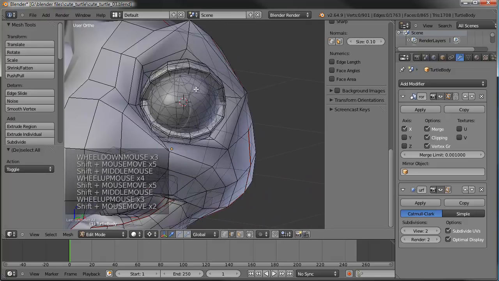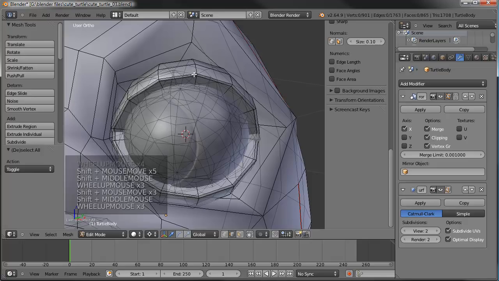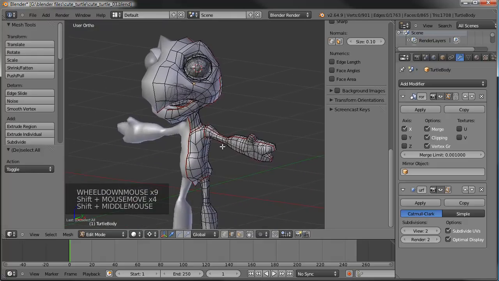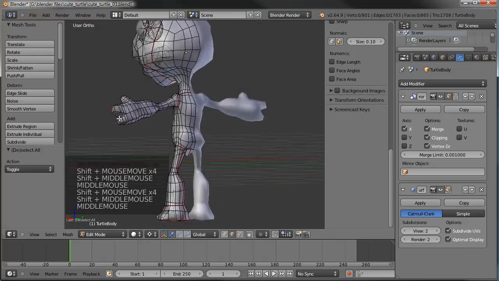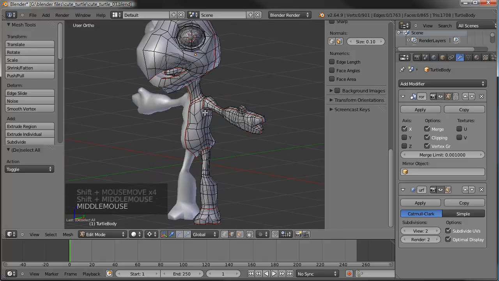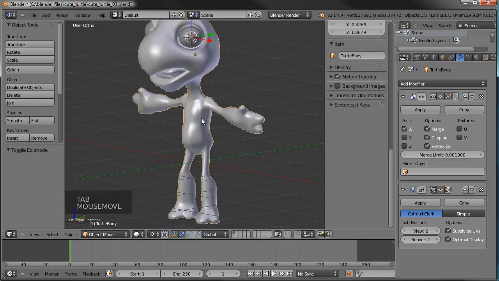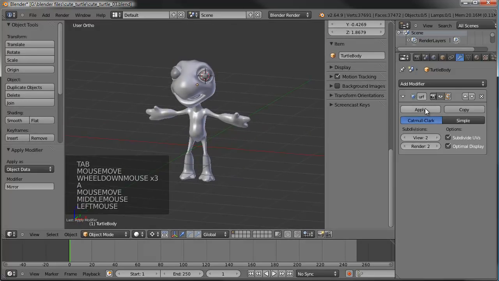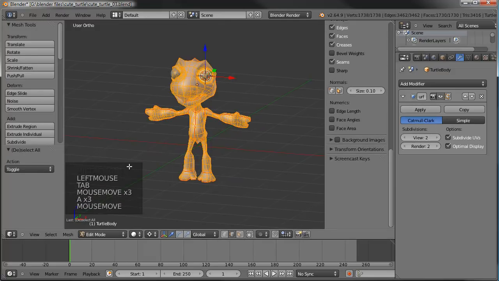We don't really need to do anything on the eyes because it'll just kind of flatten these circles out. Since they're kind of empty hemispheres, it'll just squish them down. So that should be pretty good to go on the seams of our body. So we'll go ahead and tab out and apply the mirror now. And tell you what, while we're at it, just select everything and let's